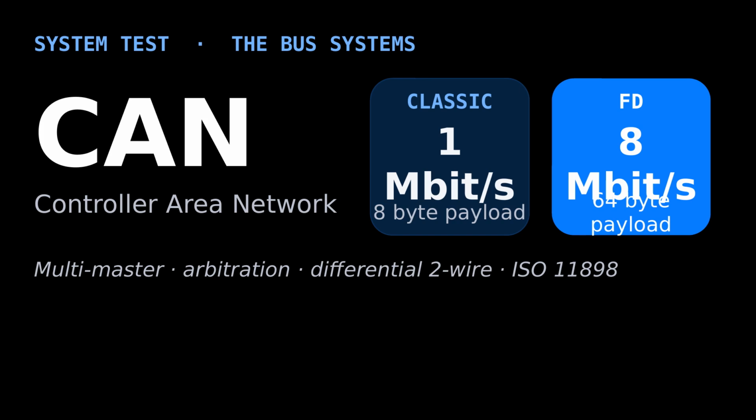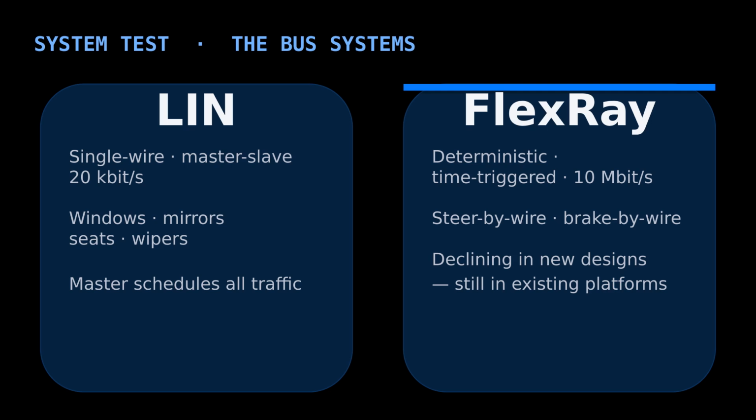So let's look at the different types of bus systems. You have CAN, which is the most widely used bus in automotive and industrial systems. Basically, you have two wires, a multi-master setup, and a collision resolution. Classic CAN runs up to a megabit per second, but CAN FD goes up to 8 megabits with a 64-byte